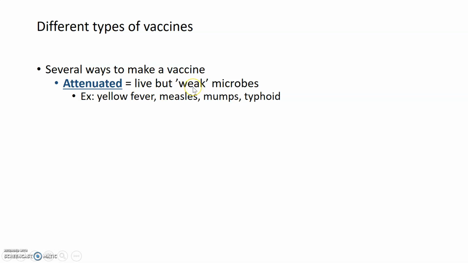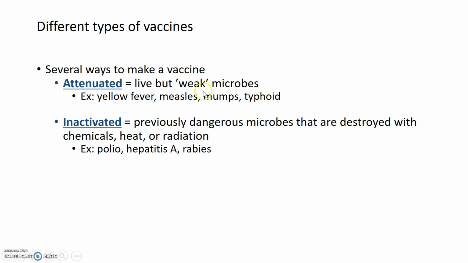So it's either a strain with very low virulence or low pathogenicity. And that attenuated virus can trigger an immune response, but is too weak to actually infect the host and cause symptoms. And some vaccines that are made in this manner are the MMR vaccine, as well as the vaccines for yellow fever and typhoid. There's also ways to create what's called an inactivated vaccine, where you take a previously very